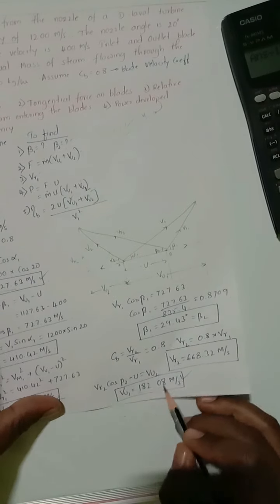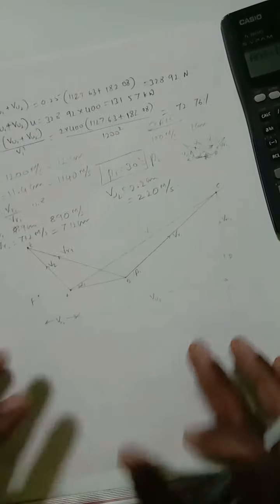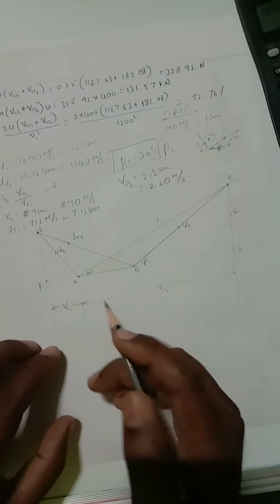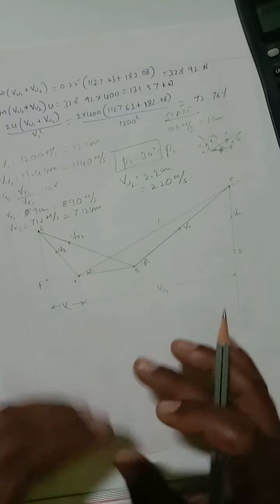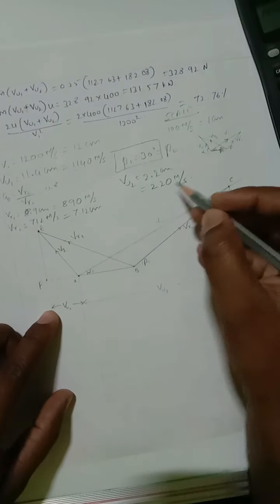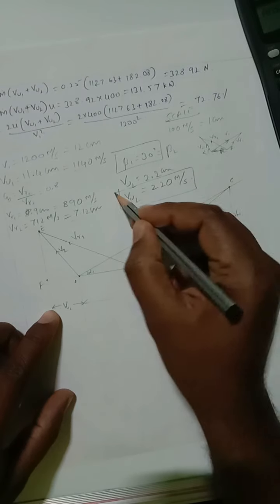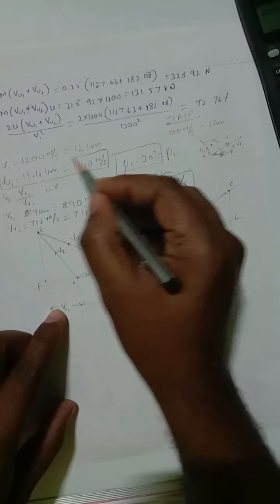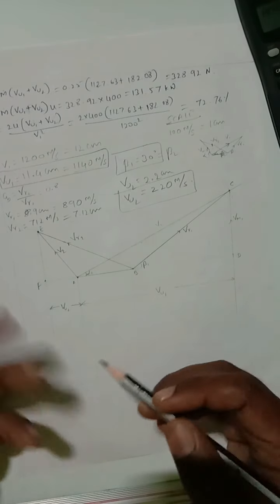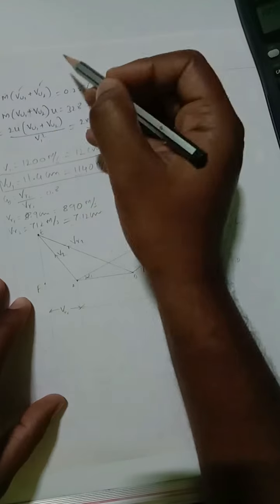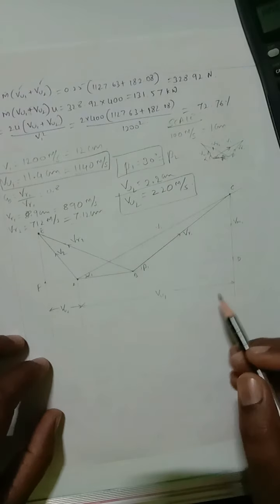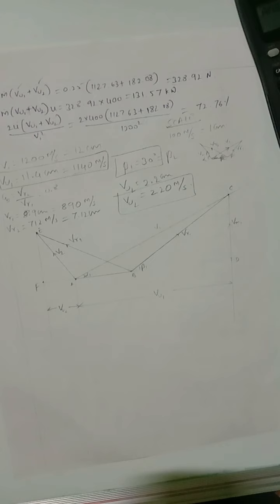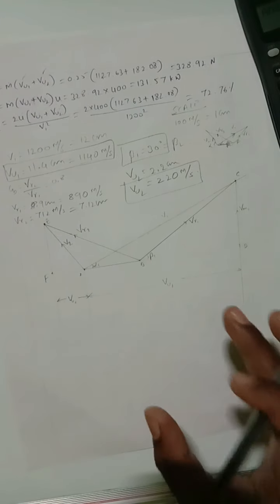So how much we got? VU2 182. So there is variation, but that variation should not be there. Okay, you be careful when you're drawing. I'm just explaining you the procedure. Once we got VU2, we know VU1. VU1 is 1140. Next, we only need VU1, VU2, substitute and get the answers. So this is the graphical method of getting the answers.